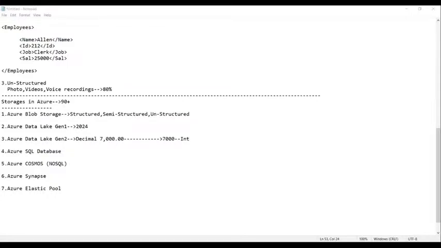In this portal only we are going to work. Can you see it? Click on more services.